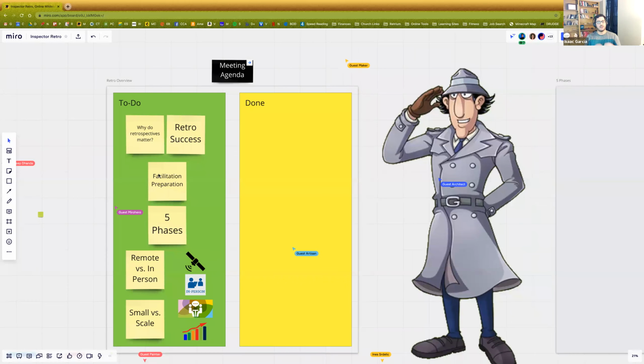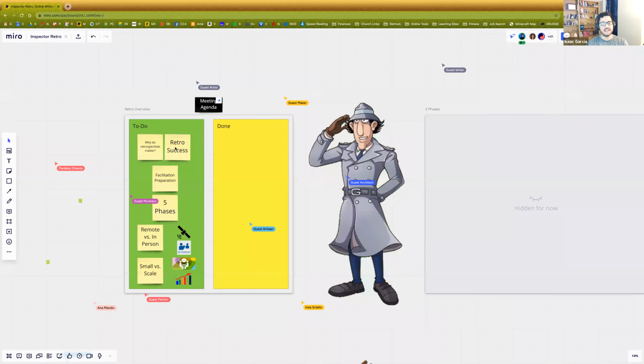It means that the burden is on you to come prepared to lead the conversation. If the conversation isn't a success, if the team isn't getting learning out of that retrospective, if there's not an incremental improvement, oftentimes the challenge is with the way those meetings are being facilitated. So it's very important that you as a facilitator come prepared.